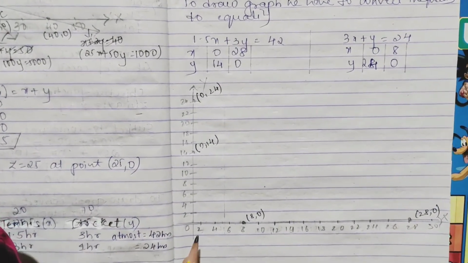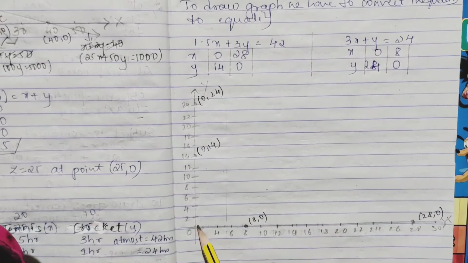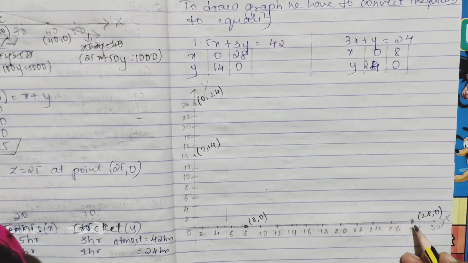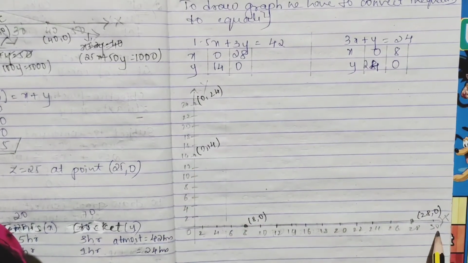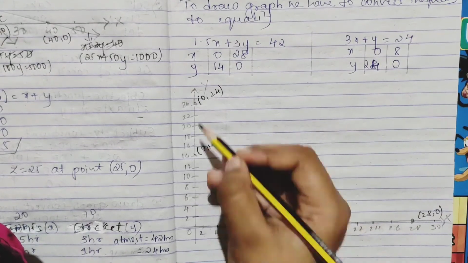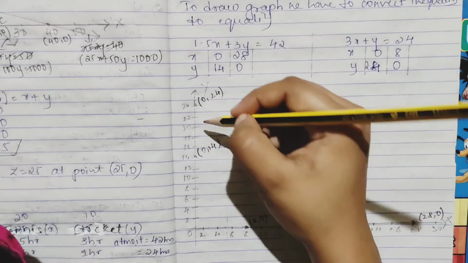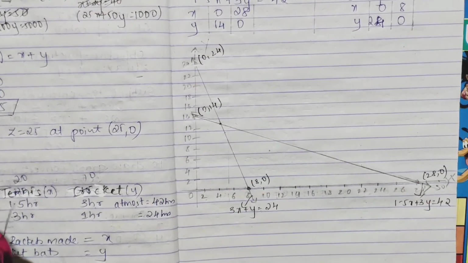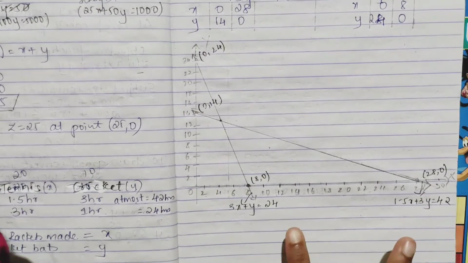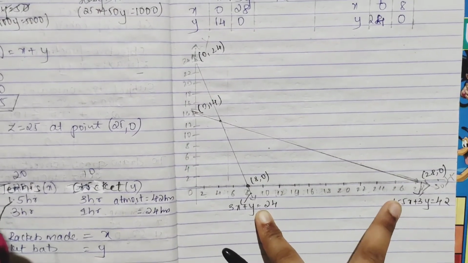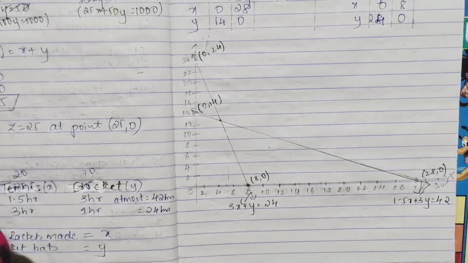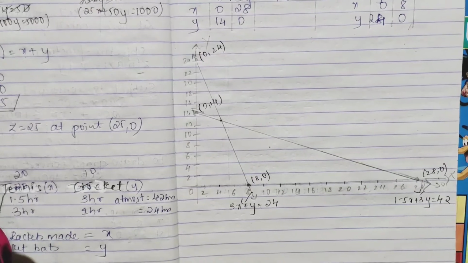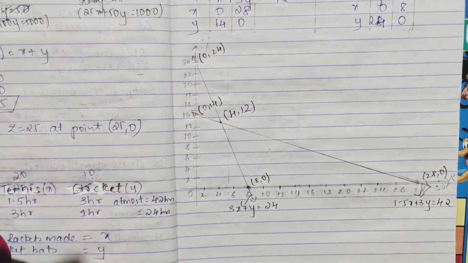Okay, so first when x is 0, y is 14, so here I have marked. Second, when x is 28, y is 0, so here I have marked. So this will be a straight line. Second, when x is 0, y is 24, and when x is 8, y is 0, and this will be a straight line. Okay, so you have drawn. Here you get the point of intersection, and I have told you how to find it. These two equations, either do with the substitution method or elimination method, and find the point. Again I will not solve this, please do it. So the intersection point you get is 4, 12.